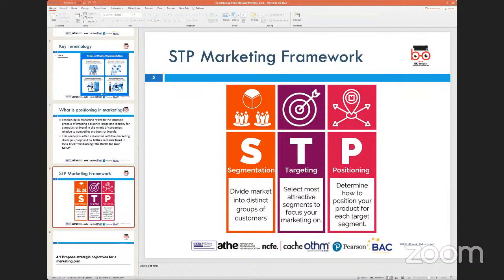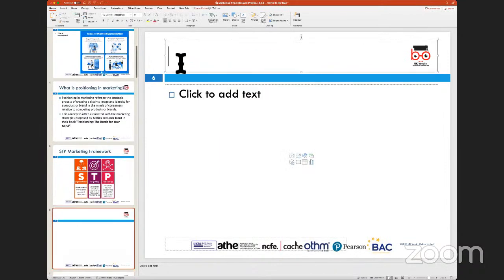So when we talk about these in particular, we are going to be looking at some of these concepts: what is positioning, what is segmentation, and what is the idea behind targeting. So these three things are, let's say, the foundation of how a marketing plan is created. So when I talk about targeting, this is the third cog in the wheel. So when we talk about targeting, we are looking at this particular third cog, which is basically looking at